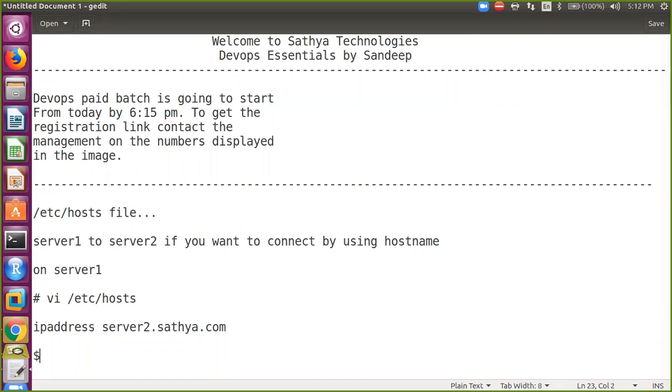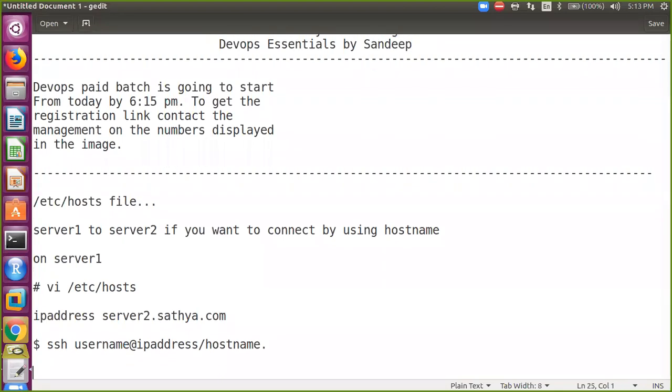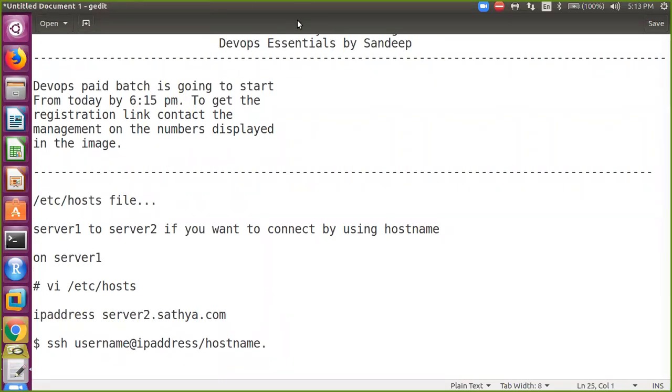So how to connect from one Linux box to another Linux box? By using the SSH protocol, right? Username at the rate either IP address or the host name, right? So today we'll see how to connect from one server to another server without entering the passwords.